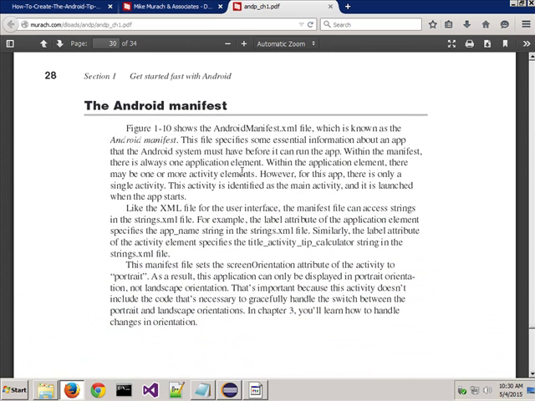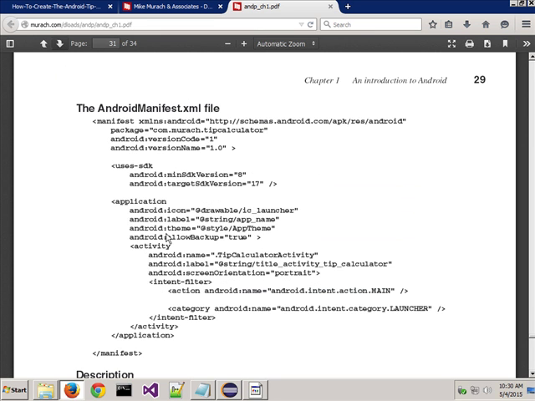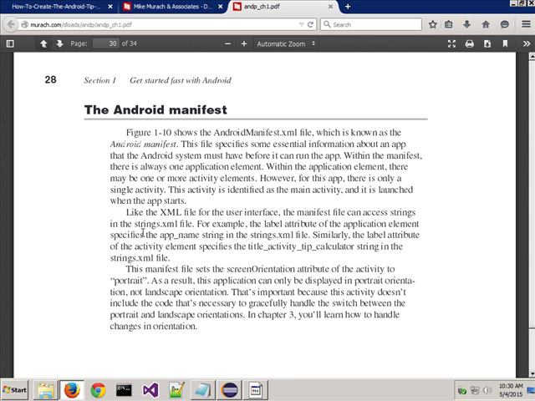Okay, and then the last thing they really talk about in here that's of any consequence is this manifest file. So again, we can look at it here. It looks like this, but it's got a lot of important information in it about the program. Okay, it lets you know all sorts of different things. Something as simple as